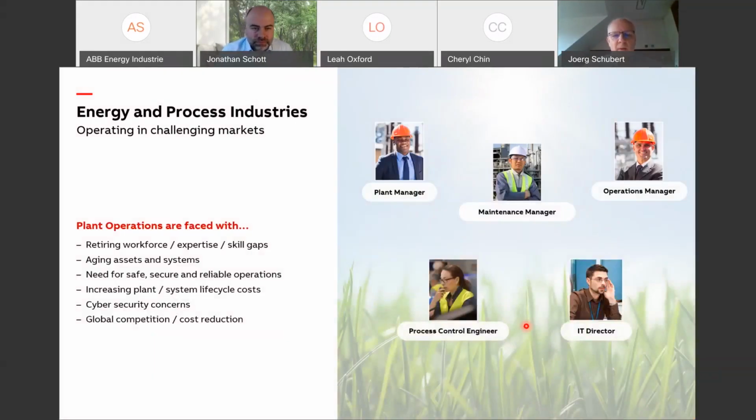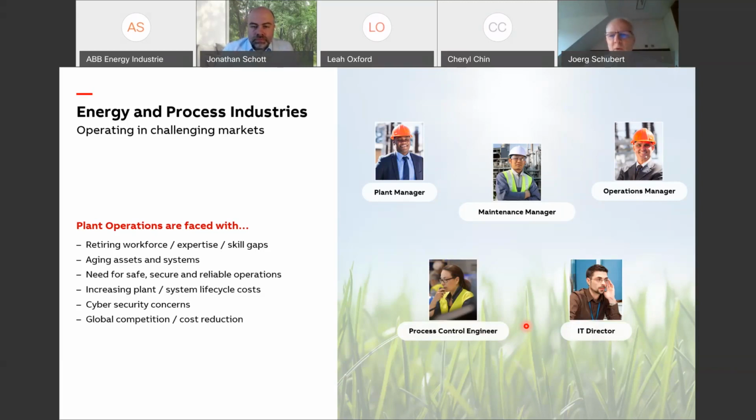Looking at the different angles where automation does play a role, we are seeing from the market at ABB the push that the workforces in the plants are aging and retiring, new people are coming in, older people are moving out, which leaves a skill gap, and new people need to be trained and get up to speed. That's clearly one of the challenges that we are seeing by the changes in the industry.